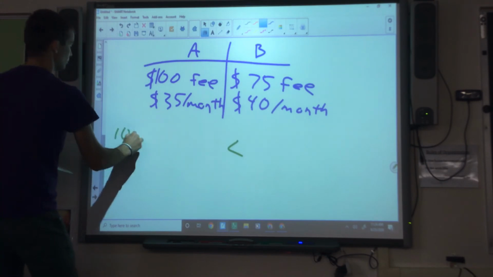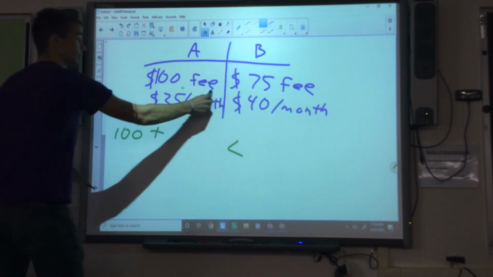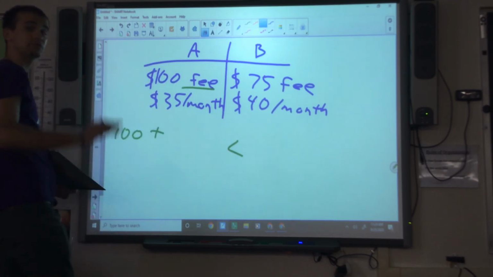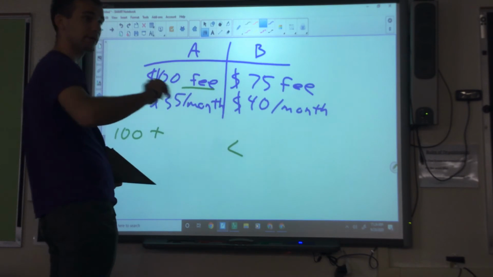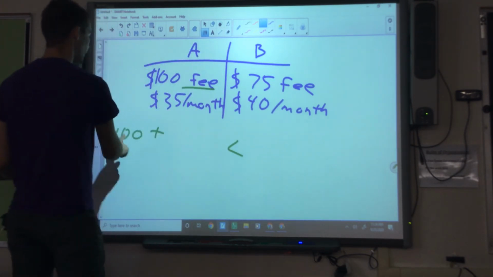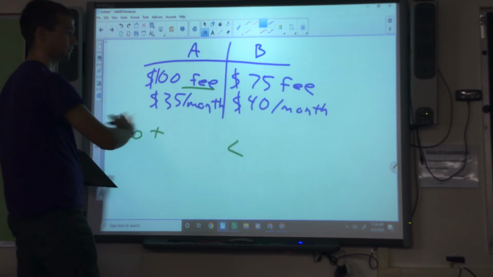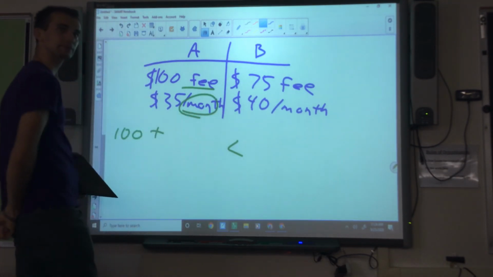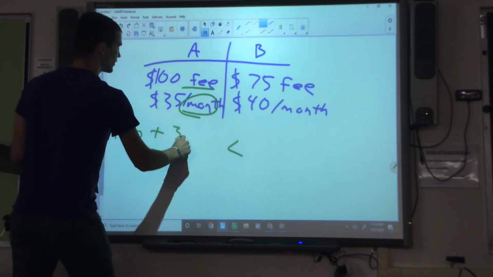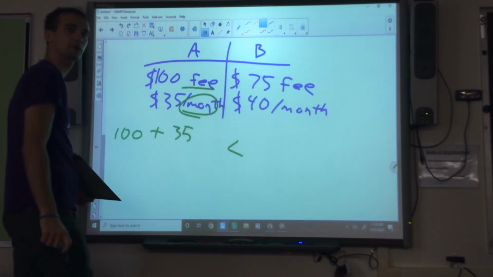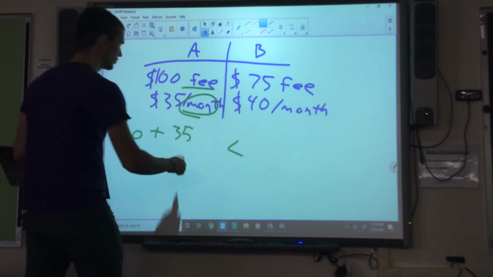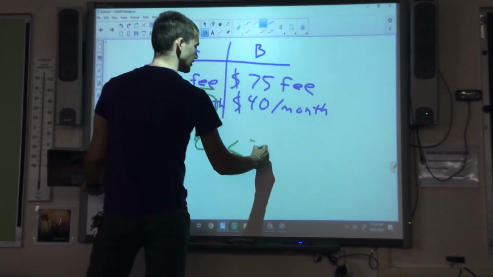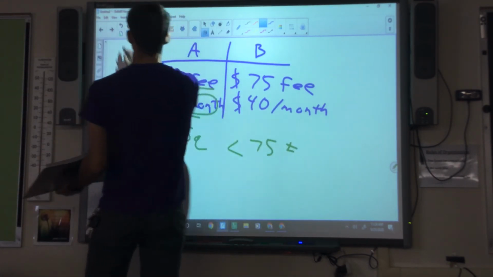So we know 100 plus, remember this is like that admission fee from the last one. This is the $100 fee, that's the flat rate. Anytime you see fee or flat rate, something you're gonna have to pay one time, you automatically know that one's a constant. That's your big thing. $35, it even tells you, per month, and per automatically means multiplication. $35 times our variable, this time Q. So 100 plus 35Q is less than 75 plus